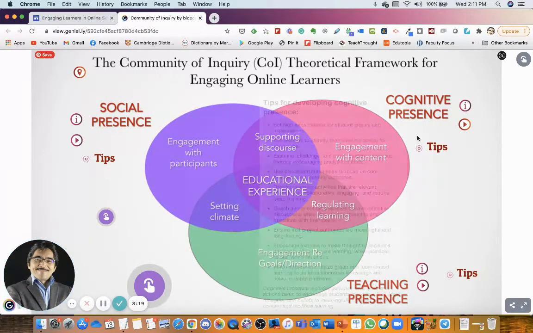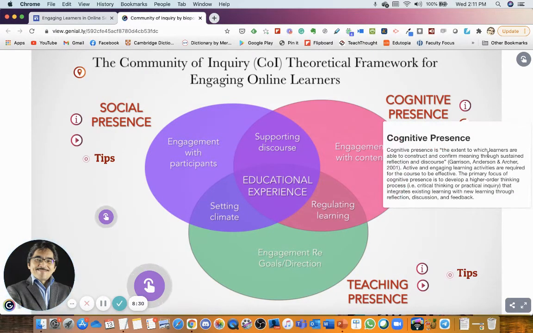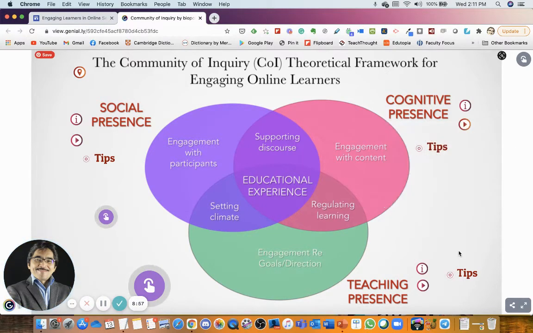The second element is cognitive presence. This is one of the critical elements when we design our online course as part of the community of inquiry model. Cognitive presence means the extent to which learners are able to construct and confirm meaning through sustained reflection and discourse. Active and engaging learning activities are required for the course to be effective. The primary focus of cognitive presence is to develop a higher order thinking process, critical thinking or practical inquiry that integrates existing learning with new learning through reflection, discussion, and feedback. And there are some tips here